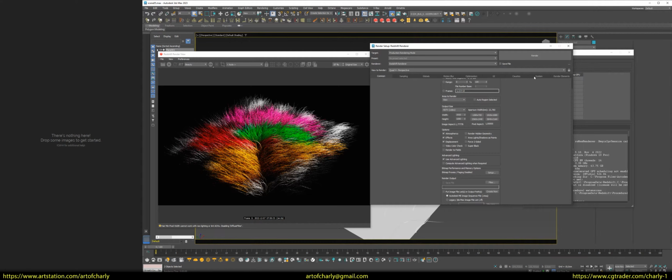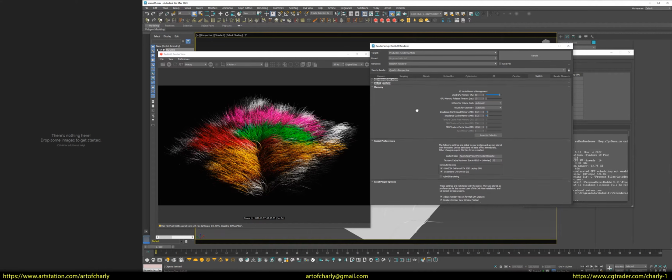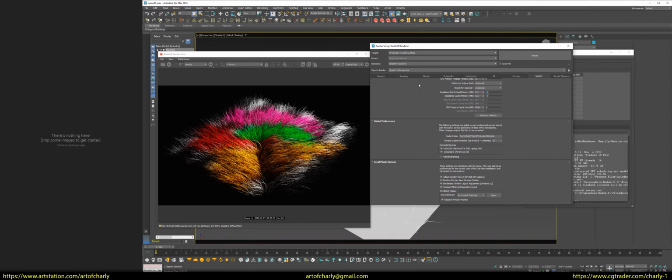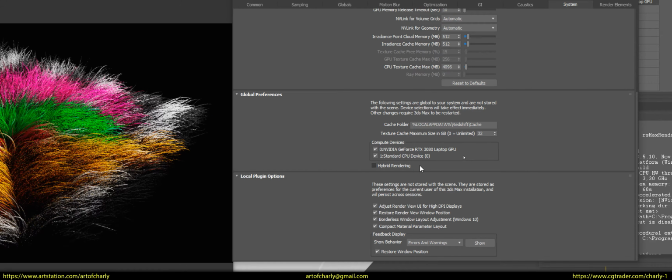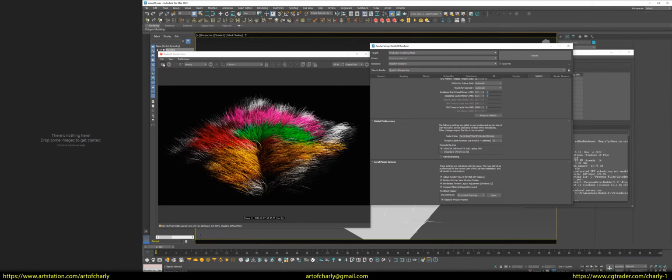Now, I want to turn off the hybrid render. To do this, in the System tab I turn off the CPU and hybrid rendering. And I start the renderer.